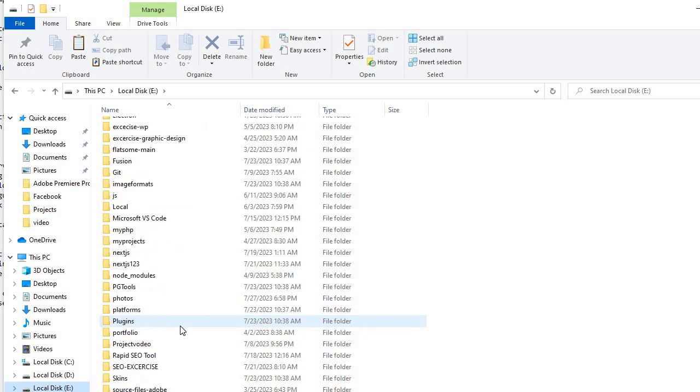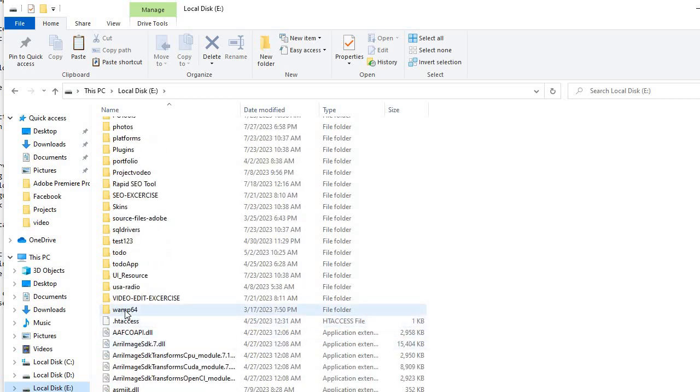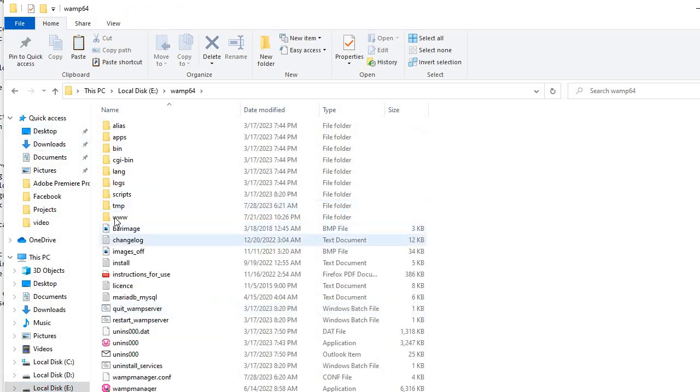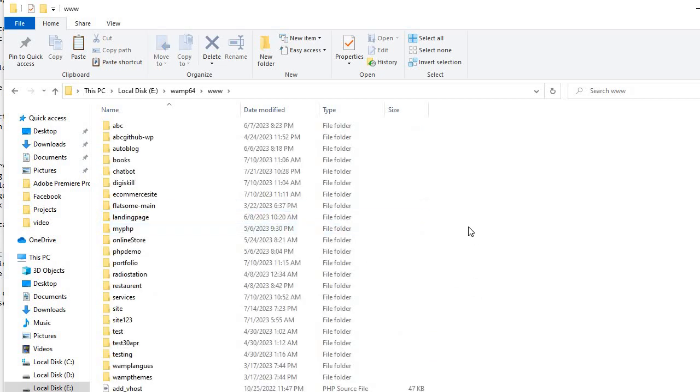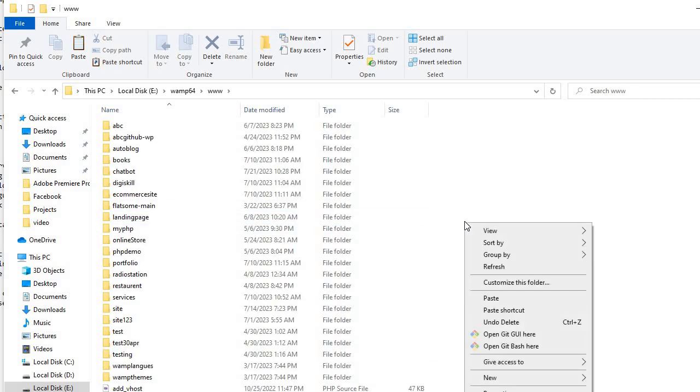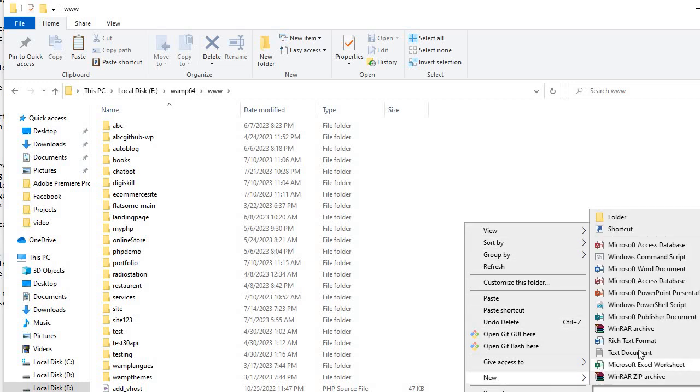So here is the web server folder. If you are downloading in your drive C, you will check your web server in C drive. I have already downloaded web server 64. Just double click this and go to the www directory, and here make your folder or whatever you like